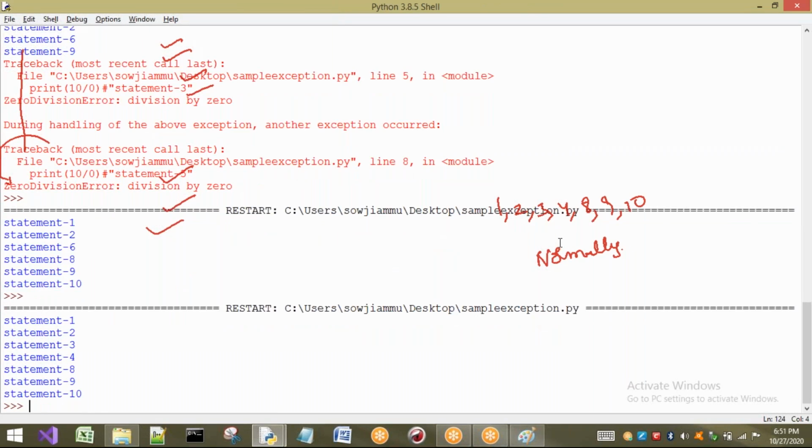So what is the output? 1, 2, 3, 4, 8, 9, 10, and the program is terminated normally. Next, the same case I am going to take, and